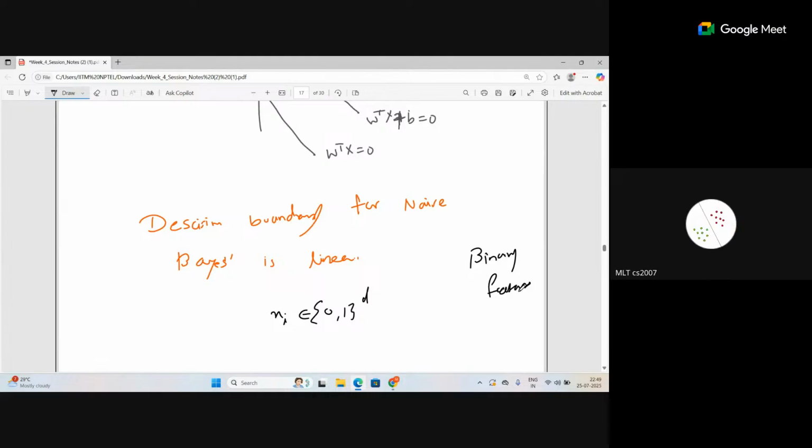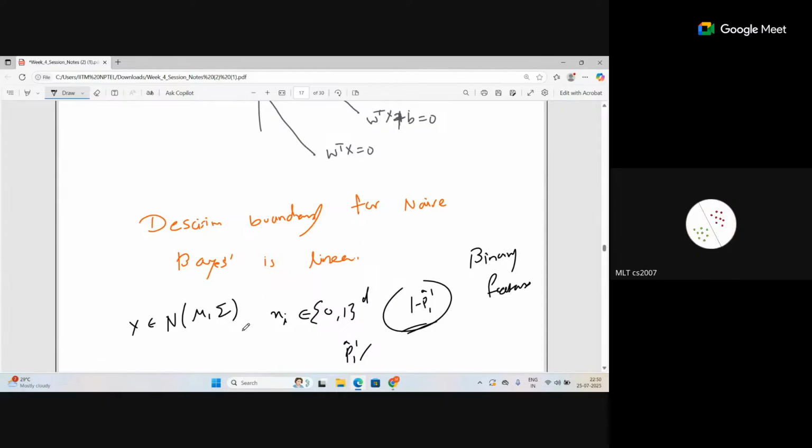Till now, the parameter for each feature was p1 hat, right? And we were not calculating the other part because it is not required. But if the feature is normally distributed, what will happen to the parameters? Mu and sigma. The variance matrix will appear, and accordingly it will change. The number of parameters will increase, and then you will have to find out their estimates.